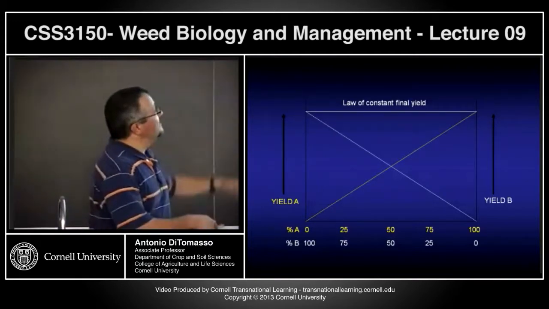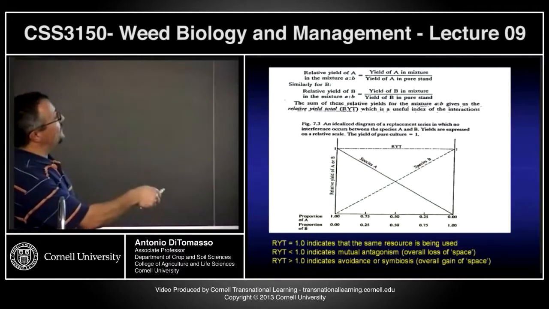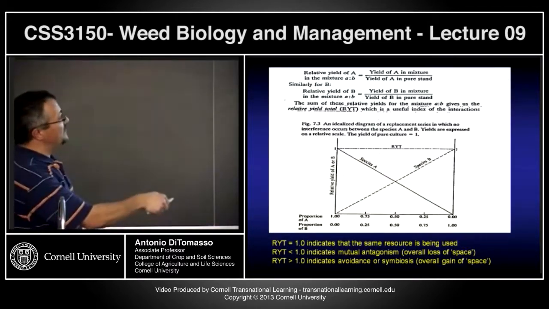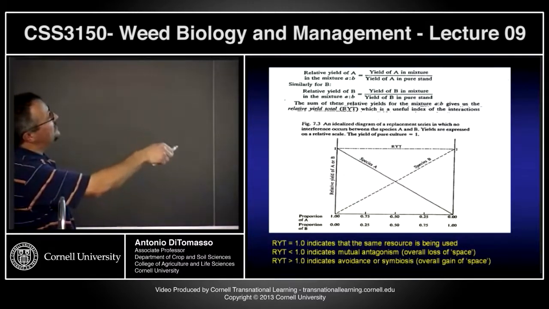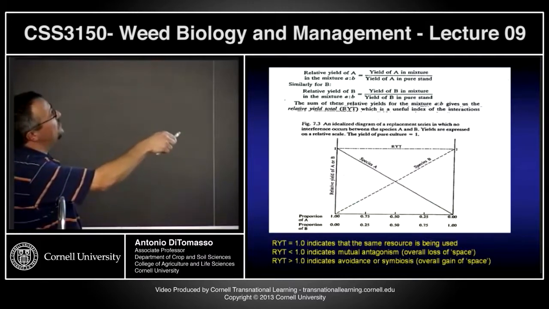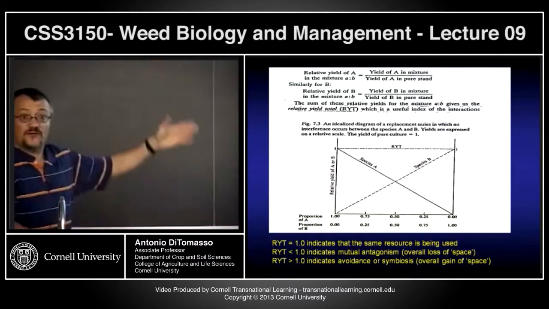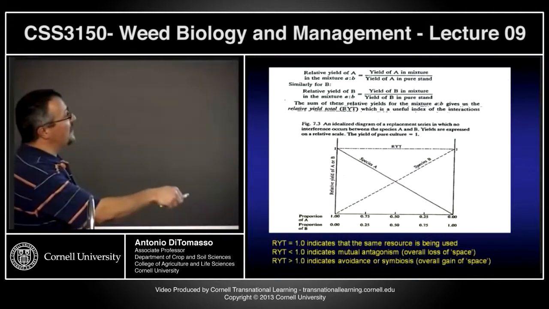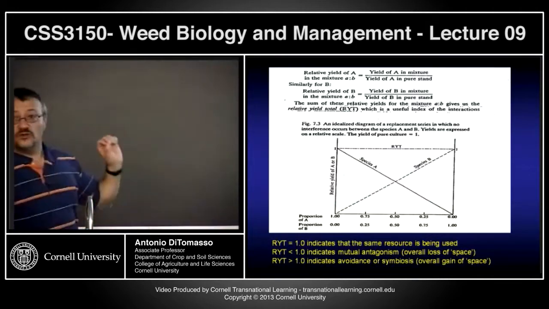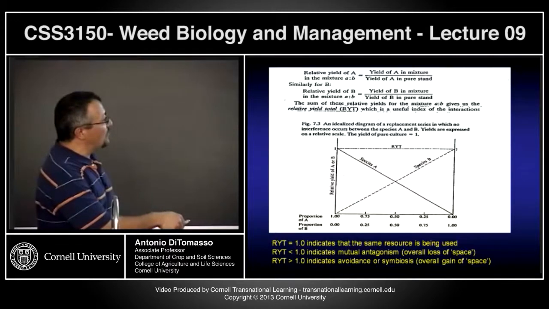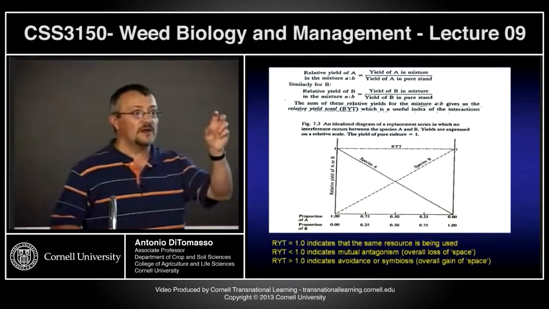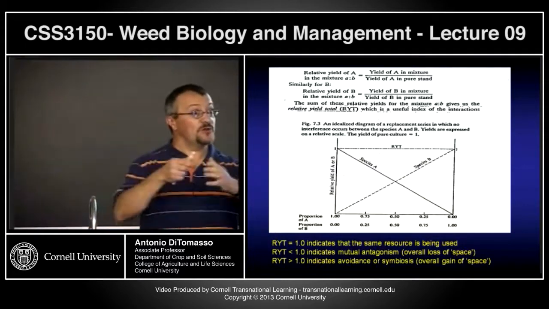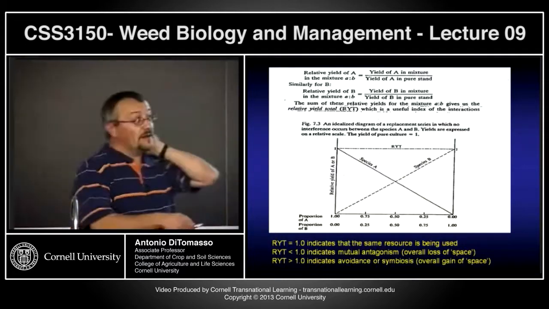So this is species A, species B. I've just shown you that, and these are the proportions. And the relative yield of A to B, you can calculate these. Relative yield of A in mixture is the yield of A, and you can do this for each of these fractions of these combinations. When you do that, and your relative yield total, this thing here, equals 1, or is closely approximating 1, okay? So you do this experiment with 2 species, and I've done it, and you plot this, and